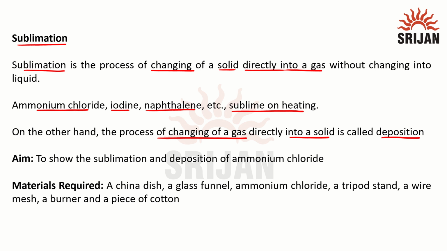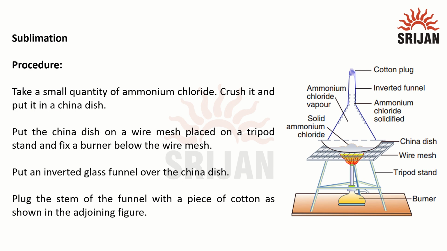Now let's understand with the help of a small activity. The aim of this activity is to show the sublimation and deposition of ammonium chloride. The materials required are a china dish, a glass funnel, ammonium chloride, a tripod stand, a wire mesh, a burner, and a piece of cotton. Now the materials are arranged into a proper setup. Now we can see here the glass funnel is inverted and a cotton plug has been put, and we will take the china dish and put solid ammonium chloride into the china dish,